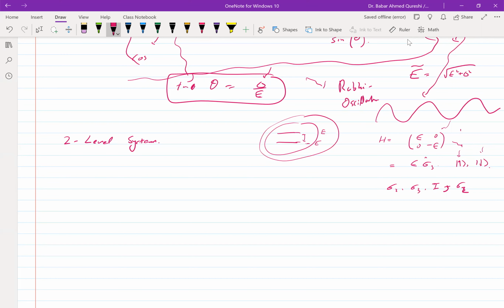So whatever we have been doing can describe a two-level system: two levels in an atom, a spin, or any system where you are only concentrating on two levels, two states, and the rest have been separated somehow. You're not concentrating on them. So this two-level system has a nice representation on a sphere. All states